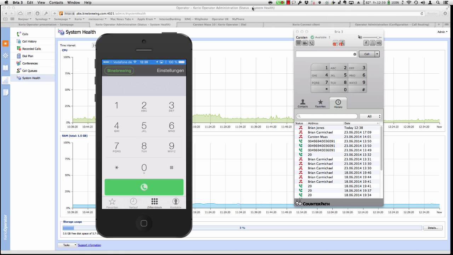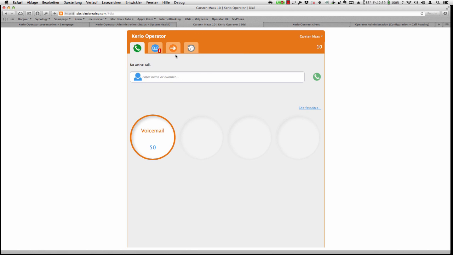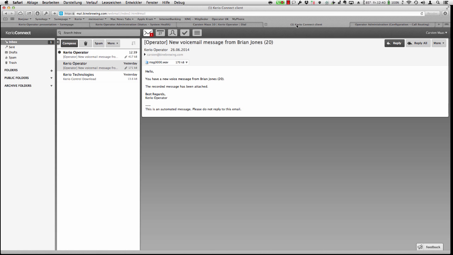And what I'm now going to do is go into my Kerio Operator client. I'm going here, and I make it a little bit bigger. You see, oh, here is a one. So somebody has called me and has left some message for me. But normally I do not have this Kerio Operator client open. Normally I have my webmail open. And what do I see here? I see, oh, here is a new voicemail message. So I can click here and I can listen to this voicemail immediately and directly